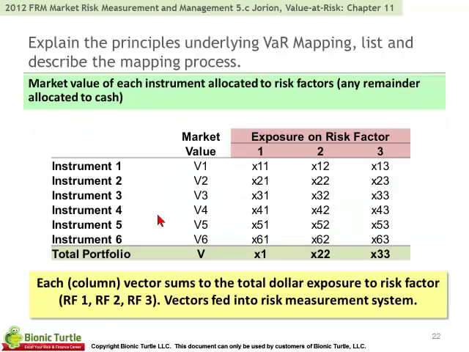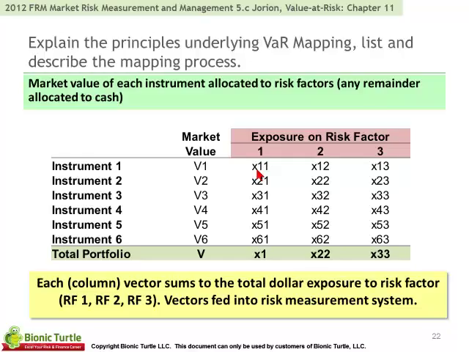Stylistically, if we have several instruments in our portfolio, and each instrument has a market value, and we identify that as a superset there's exposure on 3 risk factors, we take each of these instruments and map its market value to its exposure on the different risk factors. So instrument 1 gets mapped to exposure to primitive 1, then primitive 2, then primitive 3, same as instrument 2. Then we come back and notice vertically we can say the first primitive risk factor